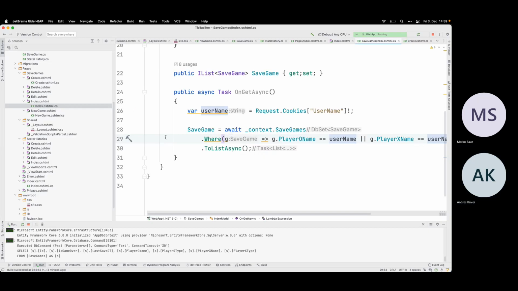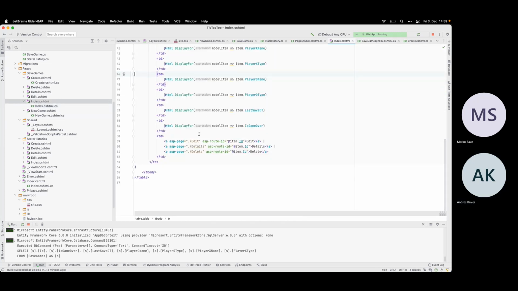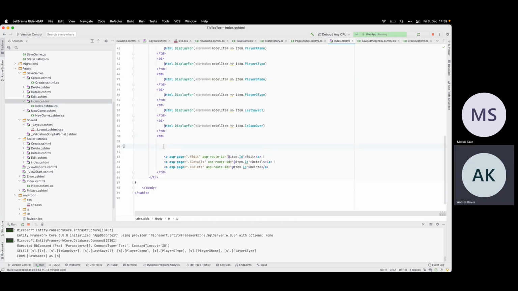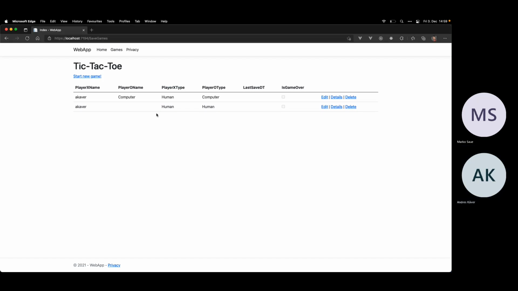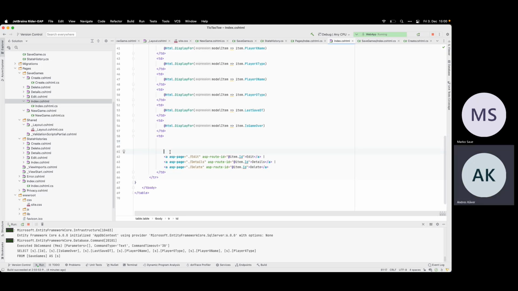So in the index here, somewhere, where shall we visualize it even? Let's visualize it here. We can do something like this.